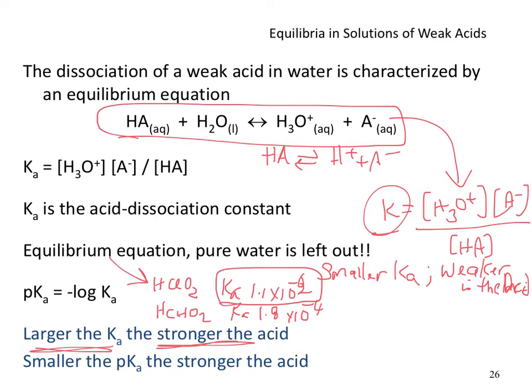All right. If you take the negative logarithm of this value, that means if you try to determine pKa, realize you're going to get a smaller number. And while we're at it, let's actually work out the math. The pKa value on my calculator came out to be 1.95 for HClO2. If I take the negative log of the other number, 0.018, that comes out to be 3.74. So could I say that stronger acids have lower pKa's, right? So lower pKa